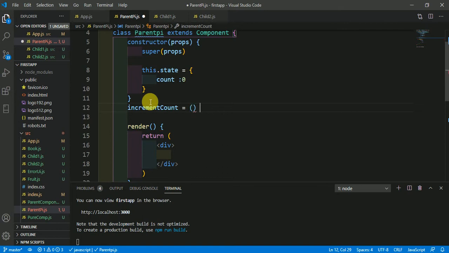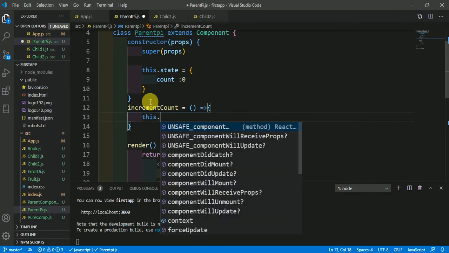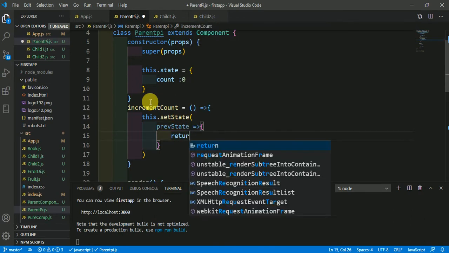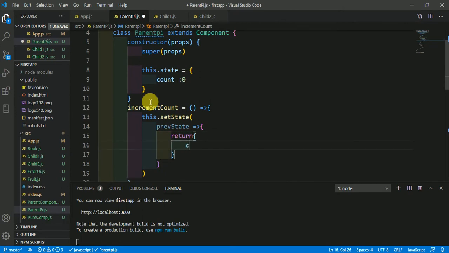So setting here a state, this.setState, previous state, return count as previousState.count plus 1. This means this is incrementing this count.